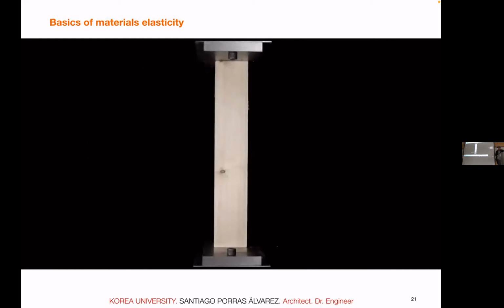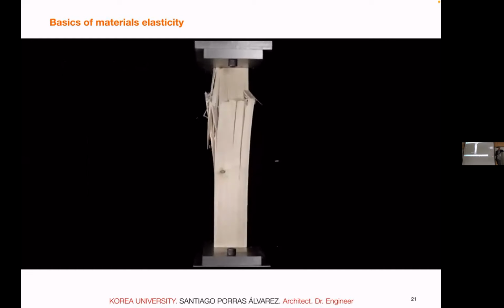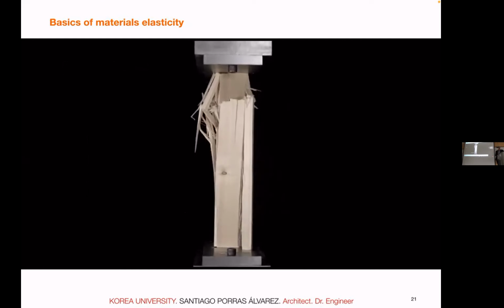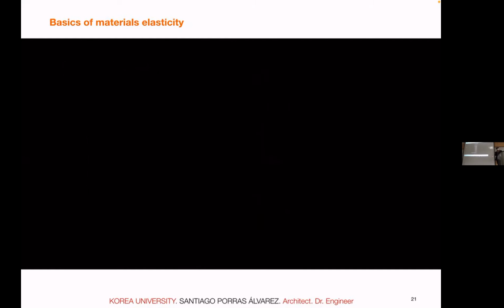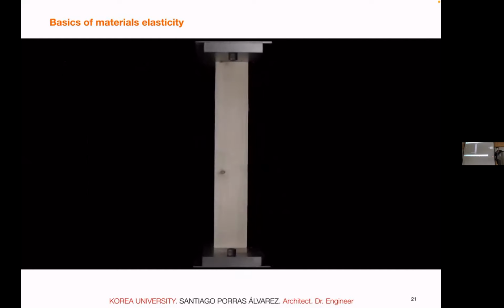When wood is stressed in compression parallel to grain, each wood fiber acts as an individual hollow column with some support from the neighboring fibers. At failure, a number of fibers buckle simultaneously, producing a local reduction of strength leading to a ductile failure. So you see the very clear horizontal slits. And in this case, we have a bit more time. From the initial cracks to the failure, there's a bit more time.